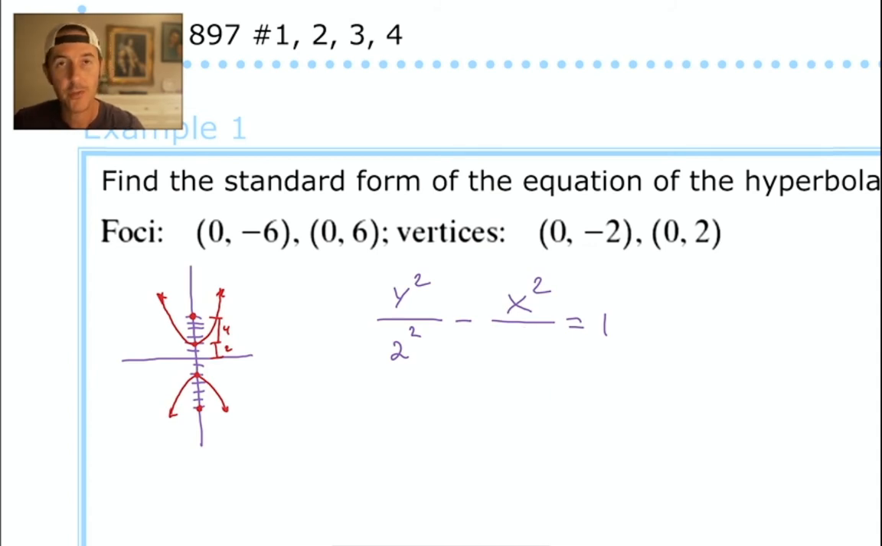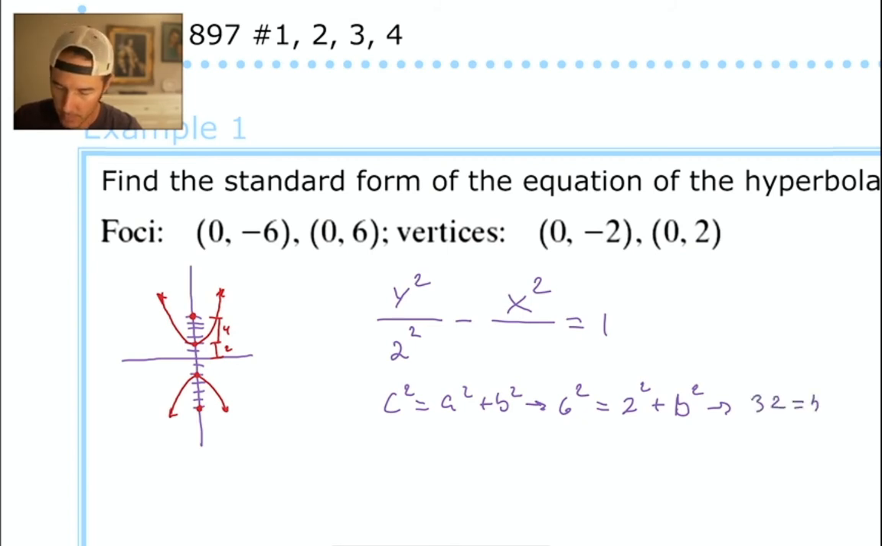We're going to use our c value to help find that value. So c squared equals a squared plus b squared. C in this case is equal to 6. So we have 6 squared equals 2 squared plus, I guess we'll call it b squared. And if we subtract 4 from both sides, we get a 32 on the left-hand side. So 32 equals b squared,